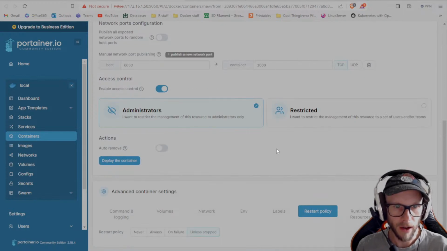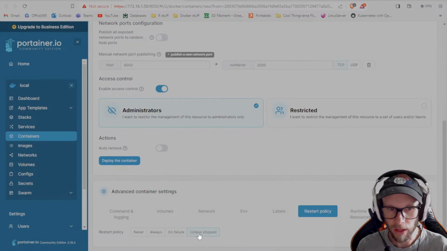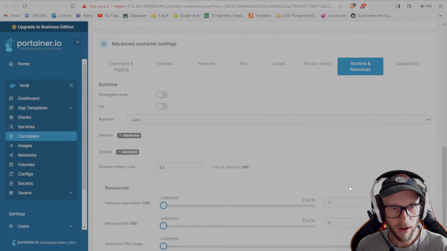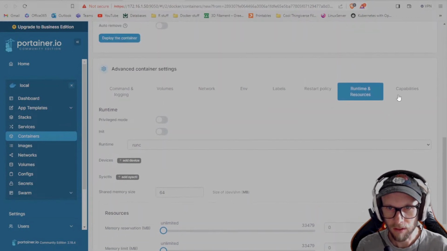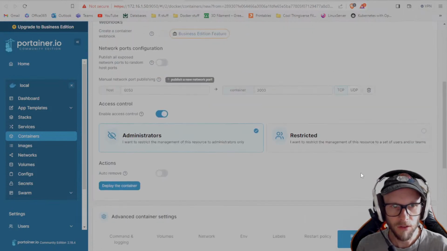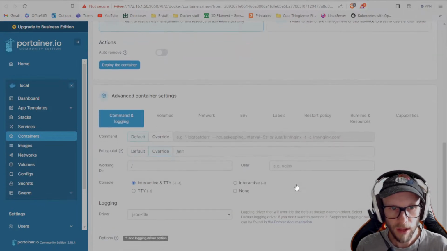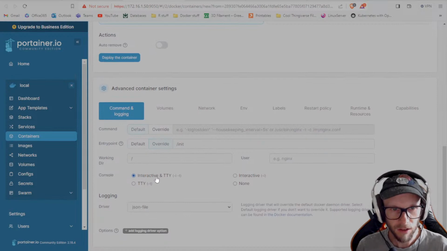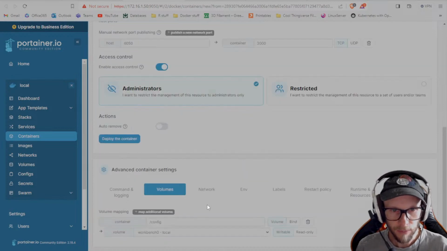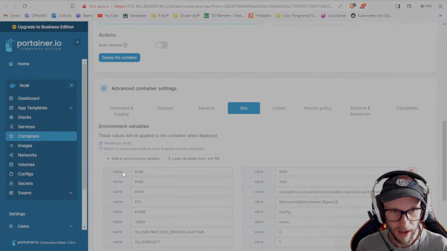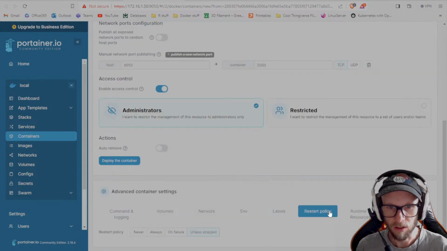What else do we need? I have the restart policy to unless stopped, and then runtime and resources. I didn't mess with any of this stuff, so that's all default. So everything else is just default. So once you go through and you make sure that interactive TTY is done, you get your volume mapped, and then I believe you need to add the PUID, PGID variables. That should be mainly what you need. Again, I also did change the restart policy, but once you do that, you should be ready to go. So let's click deploy the container,